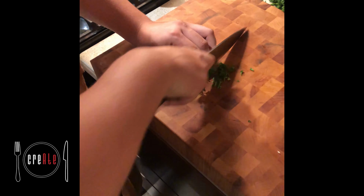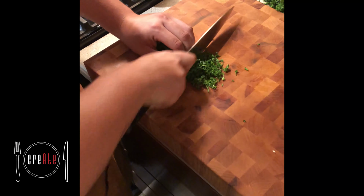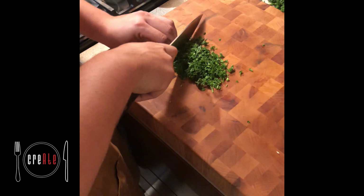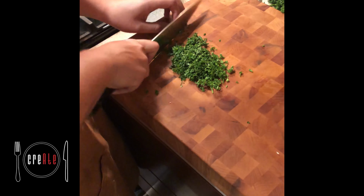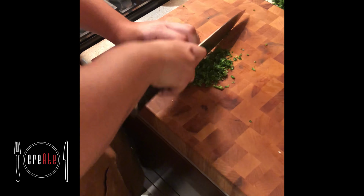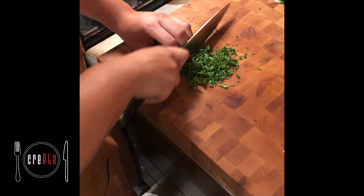Throwing in a little twist to the dish, we'll start creating the compound butter. This is a combination of simple ingredients that can take your dish to the next level. Before you start, you'll want to take a stick of butter and leave it out to soften for about 15 to 20 minutes. You'll want to start by getting about a handful worth of Italian parsley and finely chopping it,